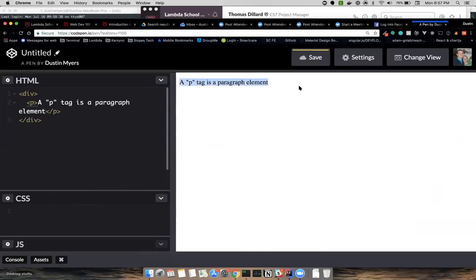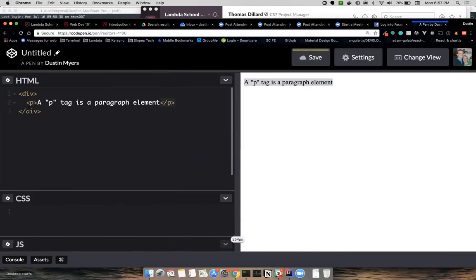So when we see text on a website that's not header text, it's just normal text, it's usually wrapped in a p tag. As you can see here, we've got our opening tag and our closing tag and some text for the content.